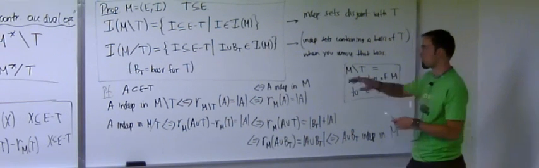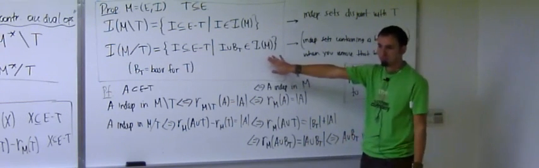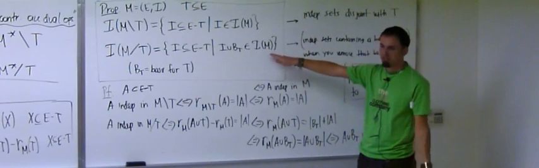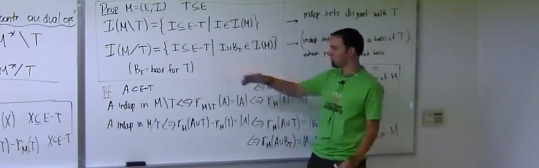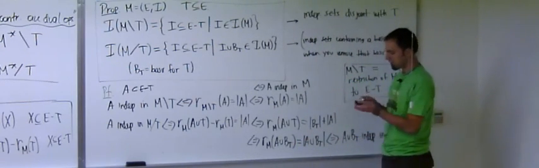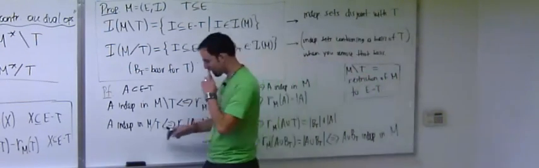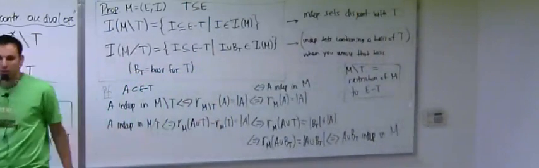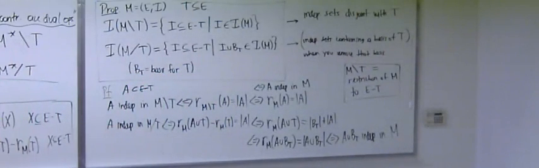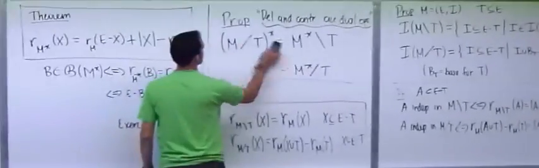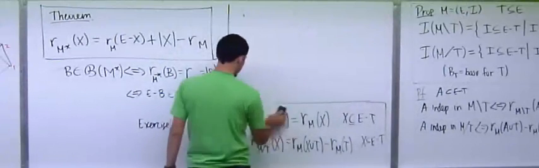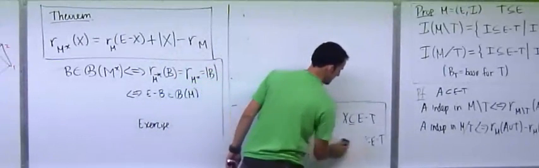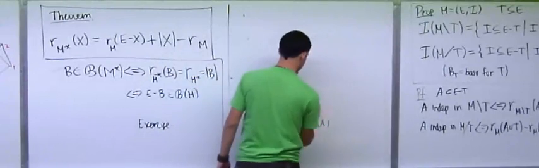You might have hoped for a description that is a little bit simpler of this guy, and it just happens to be a little bit complicated. It happens to depend on this picking a basis for T. That's what it is. Okay. So this is the one that I'm going to prove to you, and the point is you can do this for anything else, for circuits, for flats, for closure,